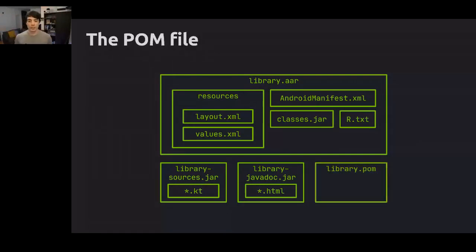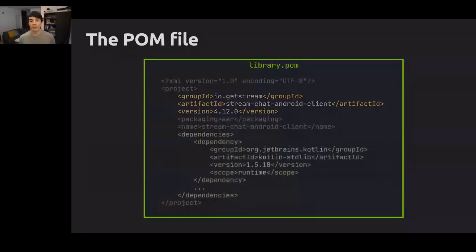Another file that's very important when you're publishing a library is the POM file, which is an XML file that describes some features of your library. Let's look at this up close. So first up, this has some metadata about your library. It will tell people the group ID, the artifact ID, and the version. We're going to look at these later on. But very importantly, this is where your dependencies will be when you're publishing your library. It's notable that you put your dependencies into your build.gradle file, but that build.gradle file will not ship with your library. Instead, the dependencies will end up here inside the POM file. And this is how apps that include your library will know what other libraries they have to pull in